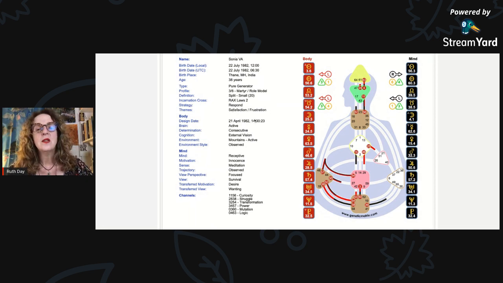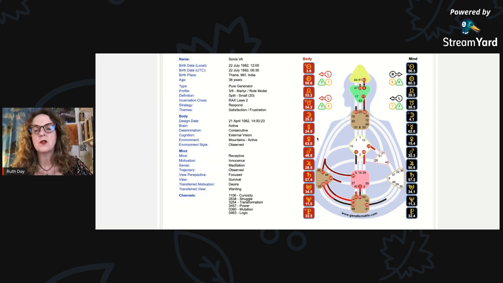Then she knows that what she's doing is working well. If she's feeling really frustrated, then that's a sign that she's either trying to initiate something, or she's not responding to something, or she's trying to be something other than a generator. And these are mindfulness tools. So these are just ways that you can figure this out. So that's